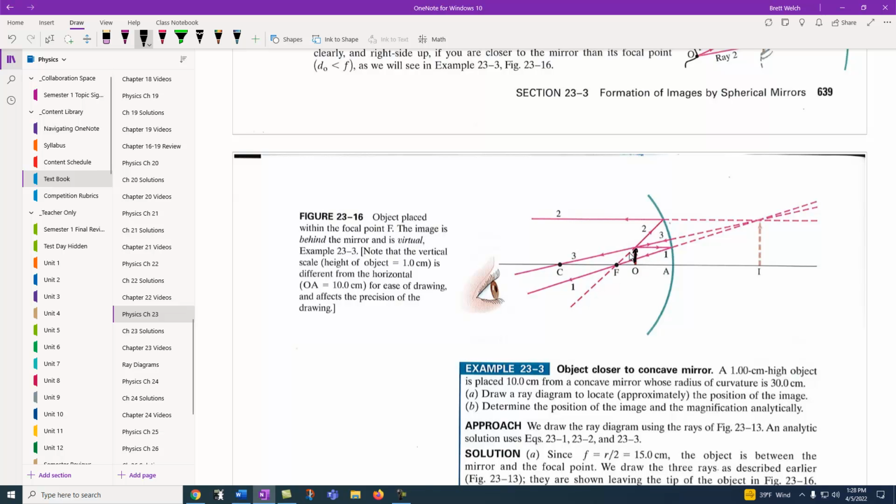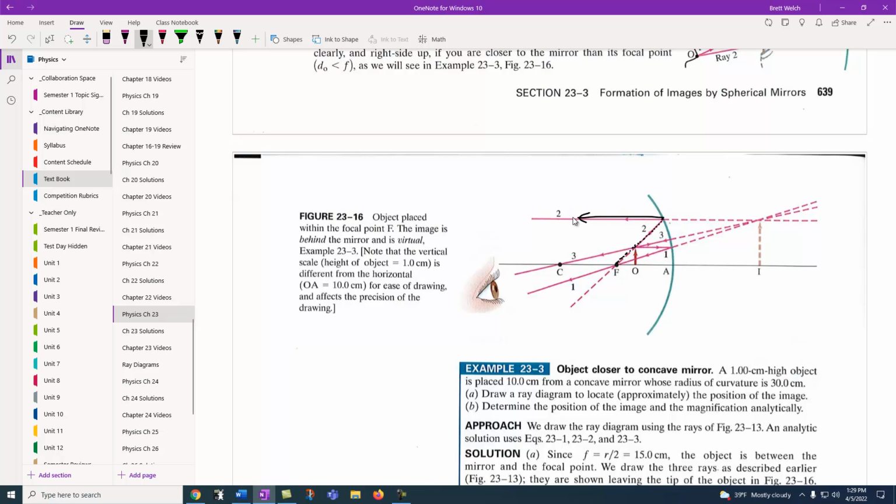Now we can go from here parallel. There's ray 1 parallel, and then we bounce back through the focal point. So there's ray 1. We can see that being drawn. Ray 1 there, and then down through. Ray 2. Notice I can't go down to the focal point and hit the mirror, but I can sort of create an imaginary pathway from the focal point across the tip of the arrow to the lens, and then I should bounce out and come out parallel. So remember, we go parallel to the focal point